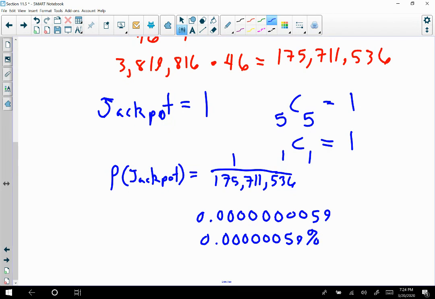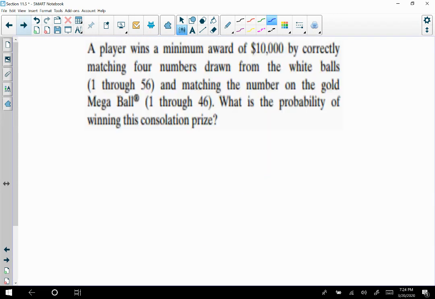That's the percent of winning the lottery: 0.0000059%. You see why it's pretty tough to win the lottery. All right, so let's talk about this case. Again, our total doesn't change. Our total is still the same total from before because our numbers are still the same: 56 numbers, 46 there. So our total is still that